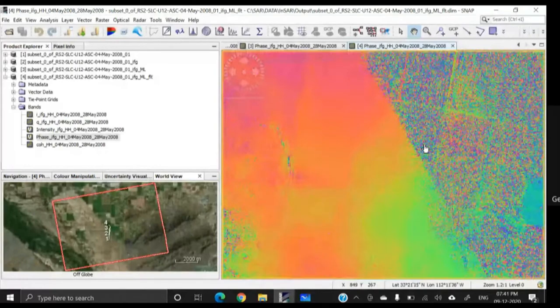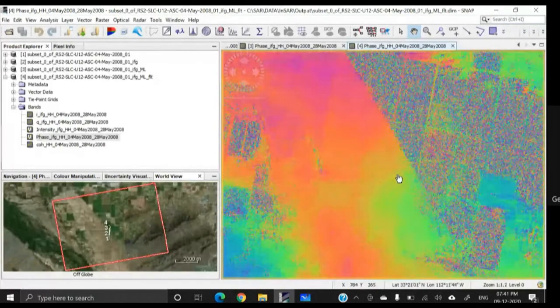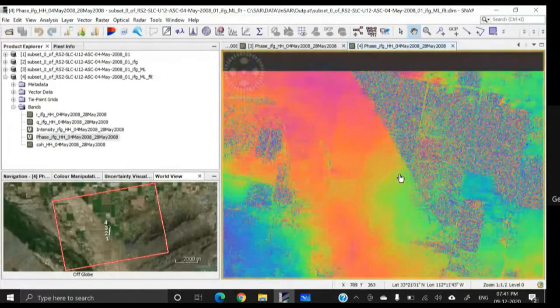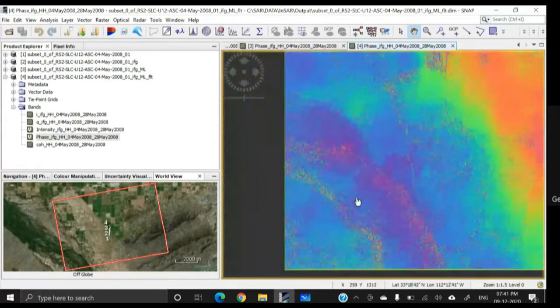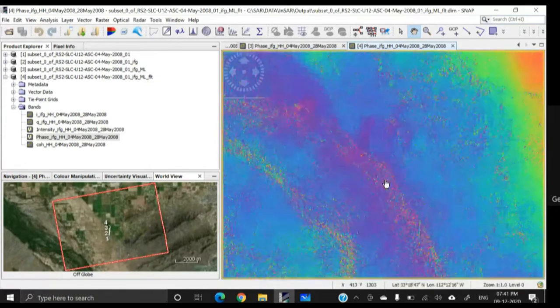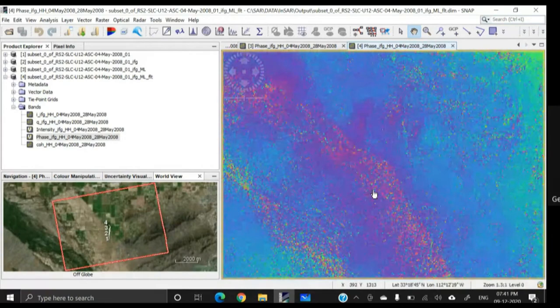You have to remember that we have a temporal gap of 24 days. That is never recommended. We should collect the images at the same instant. If not possible, at least within 3 to 5 days. And also, as you can see in the water covered area, we have this kind of problem, huge noise.